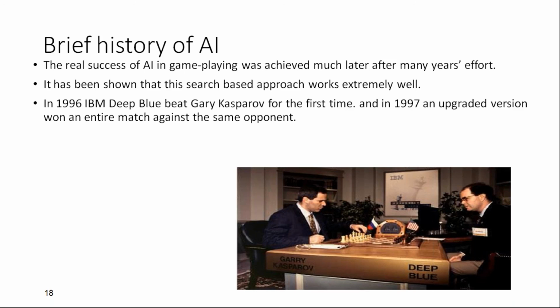So what has changed in recent years? The real success of AI was achieved when IBM's Deep Blue defeated the top chess grandmaster Gary Kasparov in a chess match. It was a very motivating effort for researchers then. It was surprising to find that a machine was able to defeat a human, and that too a chess grandmaster. And we all know how popular Gary Kasparov was in those days in playing chess.